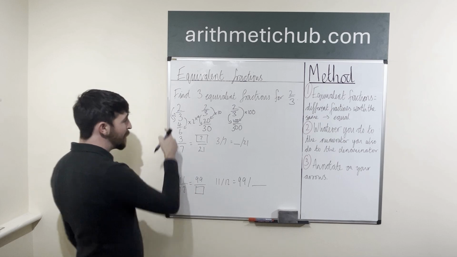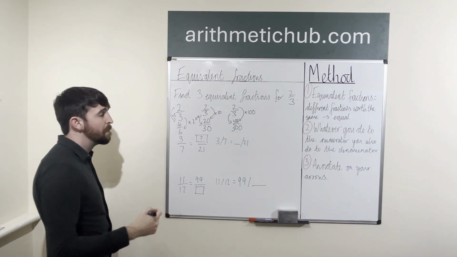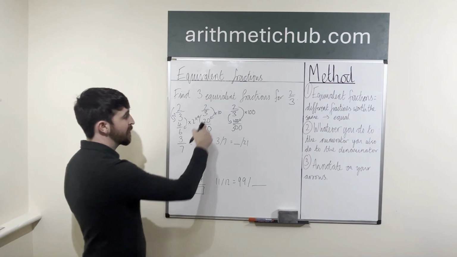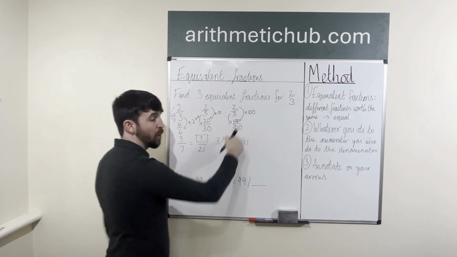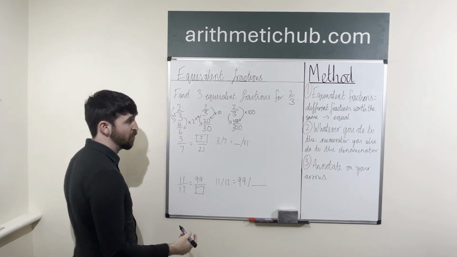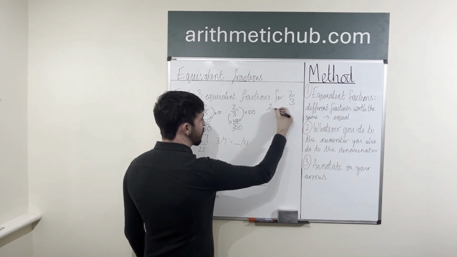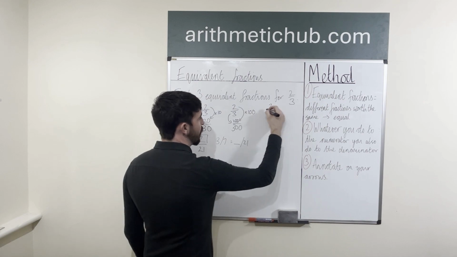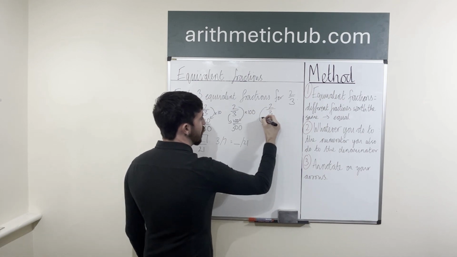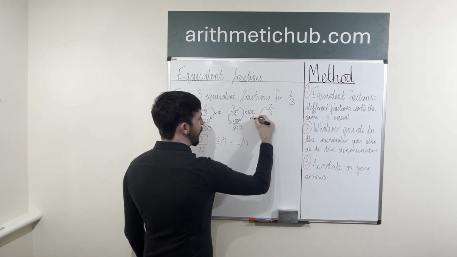whilst I'm going with this, maybe I don't want to times by 2 on both sides. Maybe I want to multiply my numerator and denominator by 10. Then I want to multiply my numerator and denominator by 100. And then I'm going to multiply my numerator and denominator by 1,000. So we've got 2/3 here. I'm going to do multiply by 1,000,